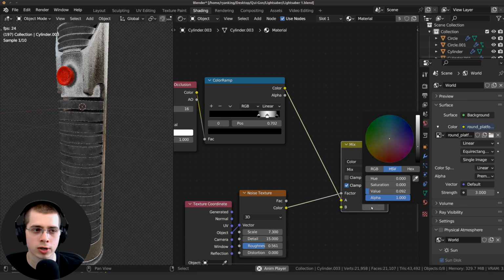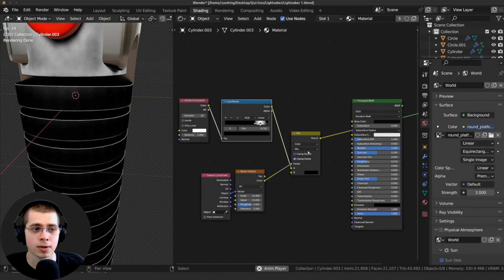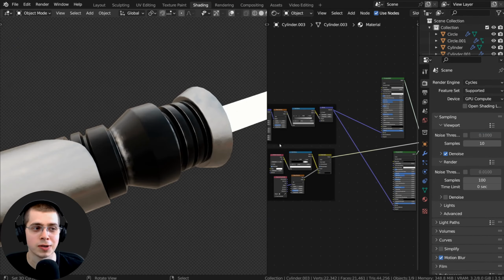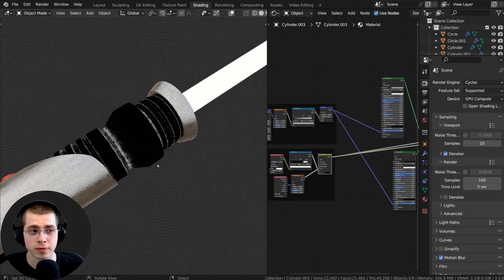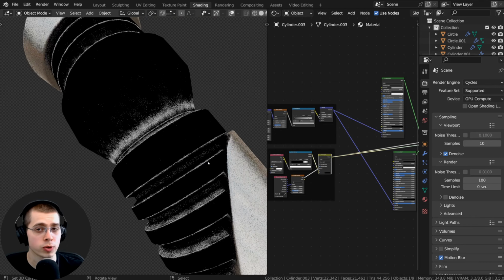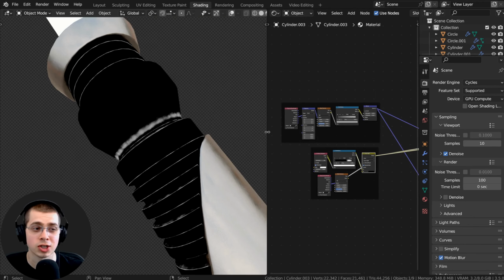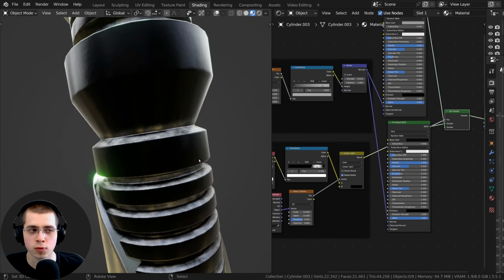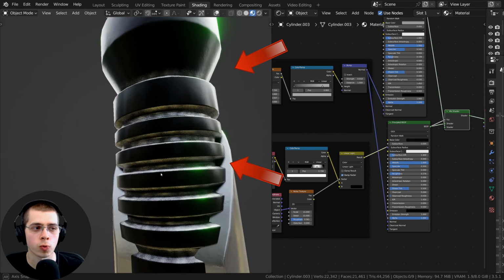But then I wanted the edge wear to look a little bit more noisy and random, so I used a mix node and I mixed the ambient occlusion with a noise texture. And then I added two different principled shaders, so one of them was the black material and then one of them was the shiny edge wear, and then I used the ambient occlusion mask as the factor to control where both of the materials are. And so you can see now the edges of Qui-Gon's lightsaber look a little bit worn away and kind of